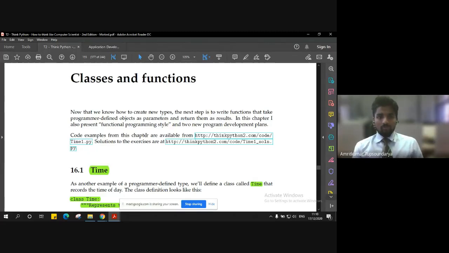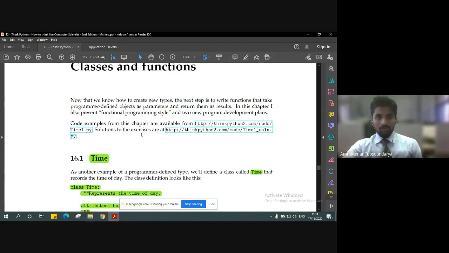In today's lecture, we'll be focusing on functions. How can we create our own function, a programmer-defined function which can take this programmer-defined object itself as an argument or parameter, and then return some result?